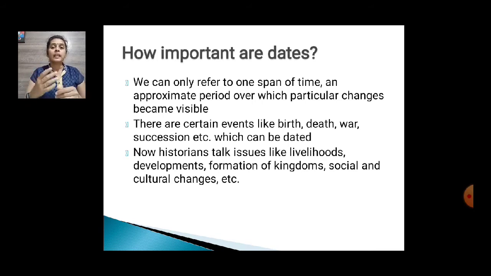So everything, maybe the birth or the death or anniversary within your family, all these dates you know very well, and those dates we can quote or mention, which can be dated. Succession means after the death of the king, who became the next emperor, his son or anybody else, his successor. That date can be noted down by the historians, isn't it?